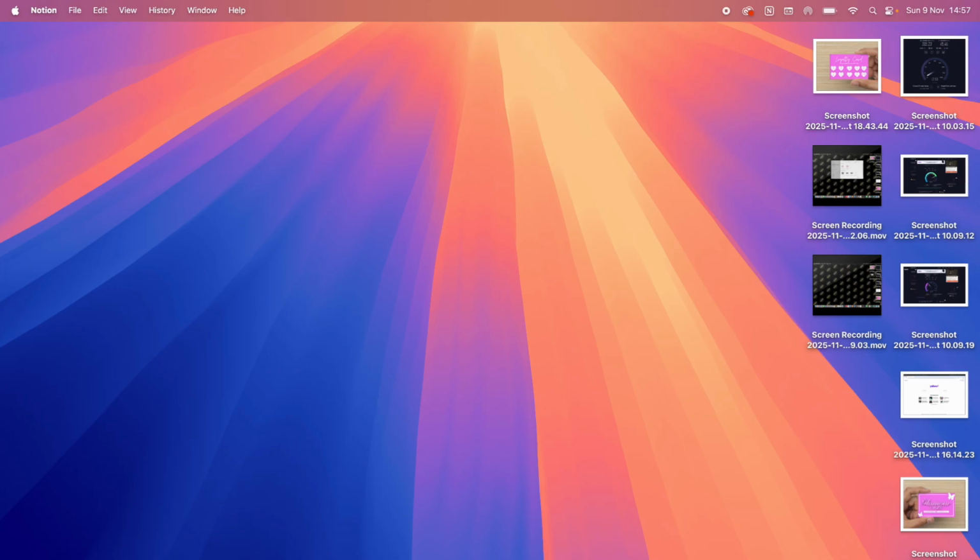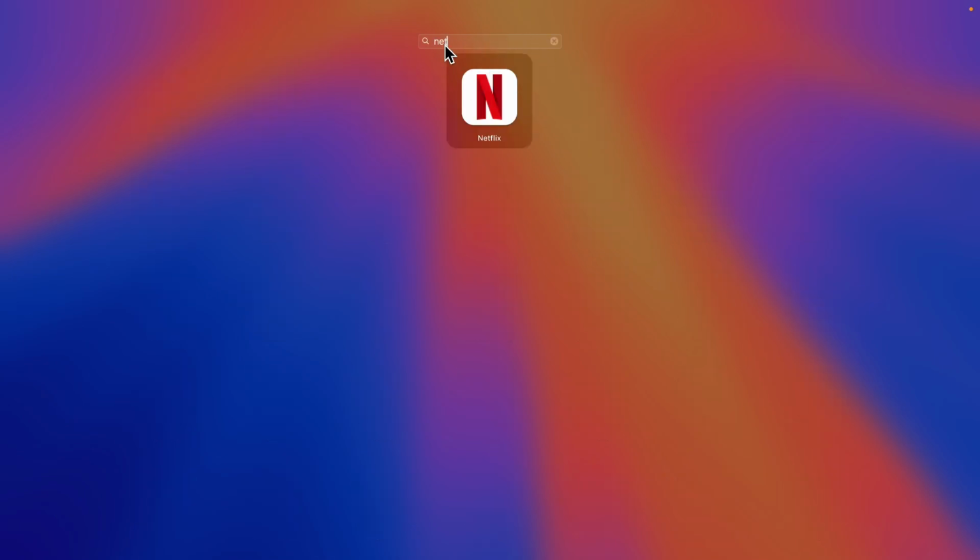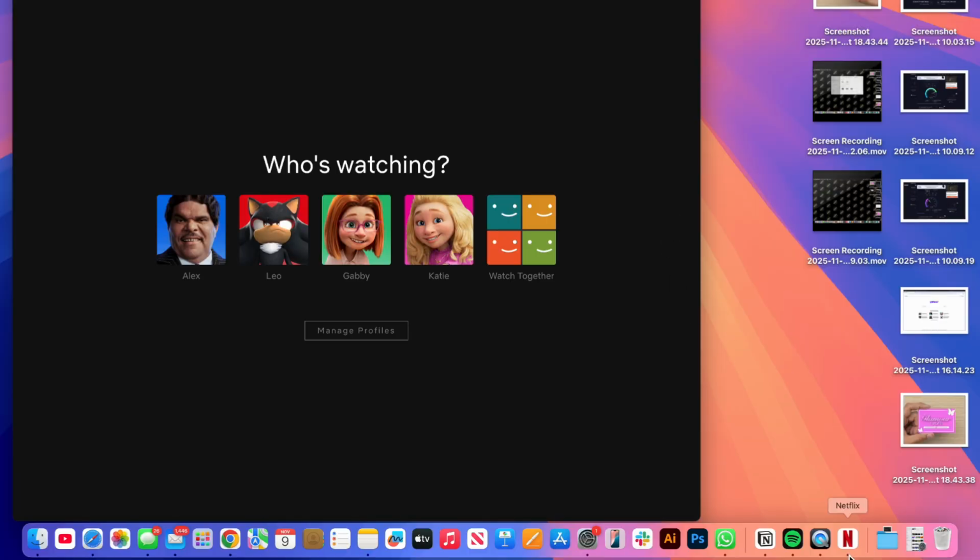Now, once you've finished installing this, you can go and open up your Launchpad. You can then search for Netflix and you'll be able to find it in your list of applications. You can also see we have Netflix in the bottom of the taskbar, and it's really as simple as that,